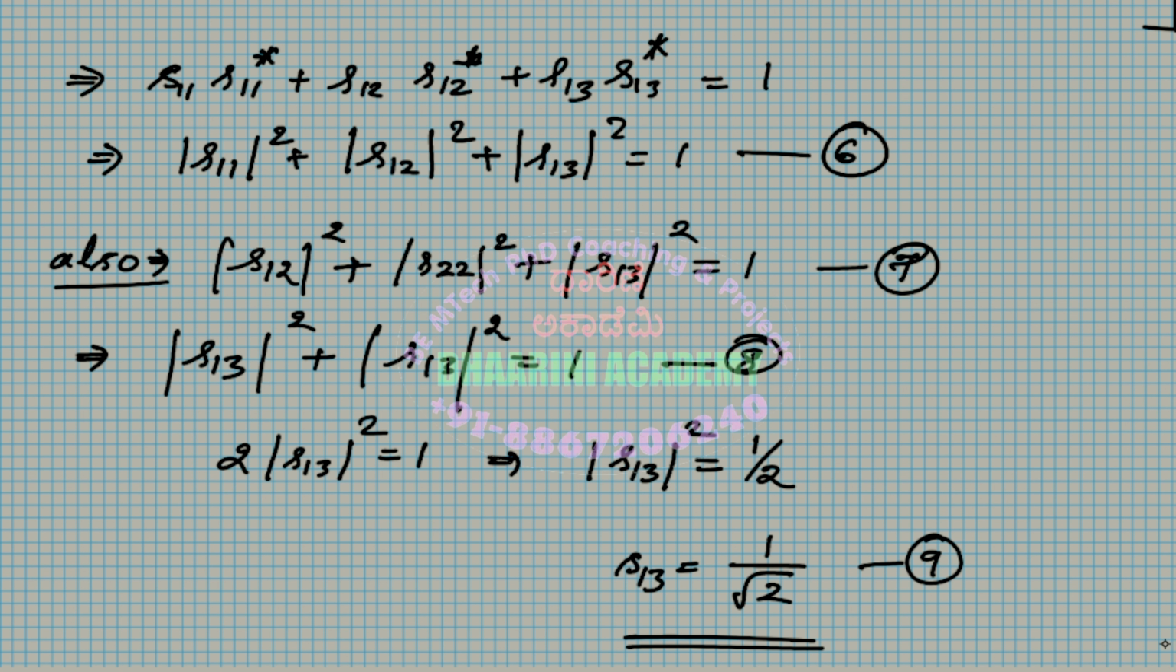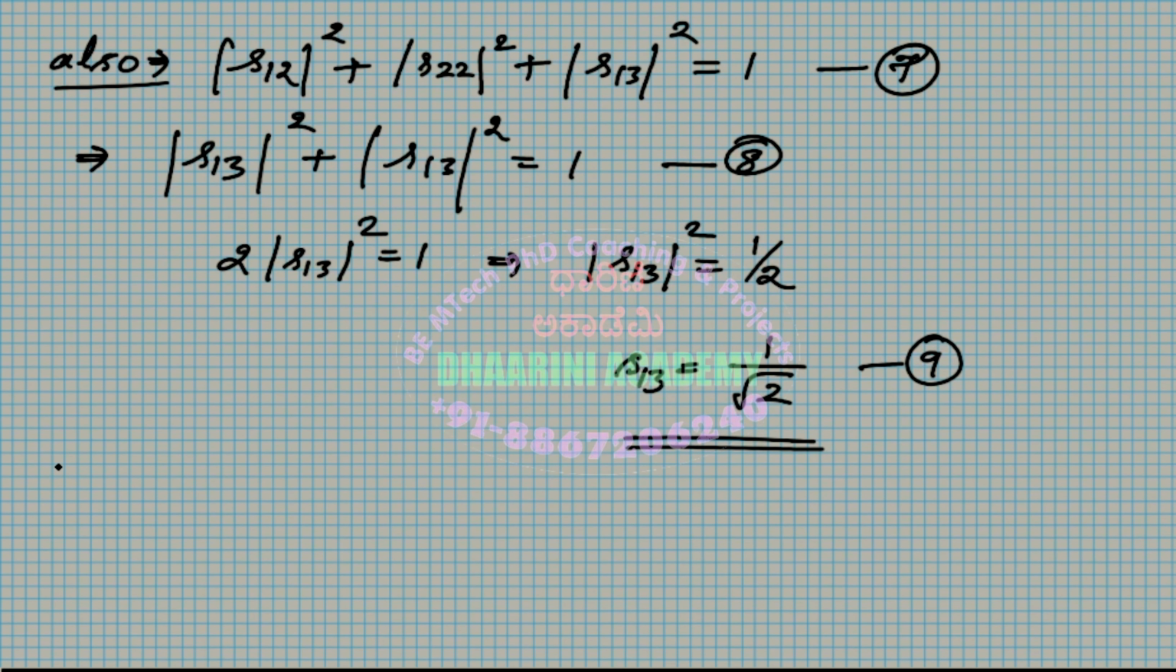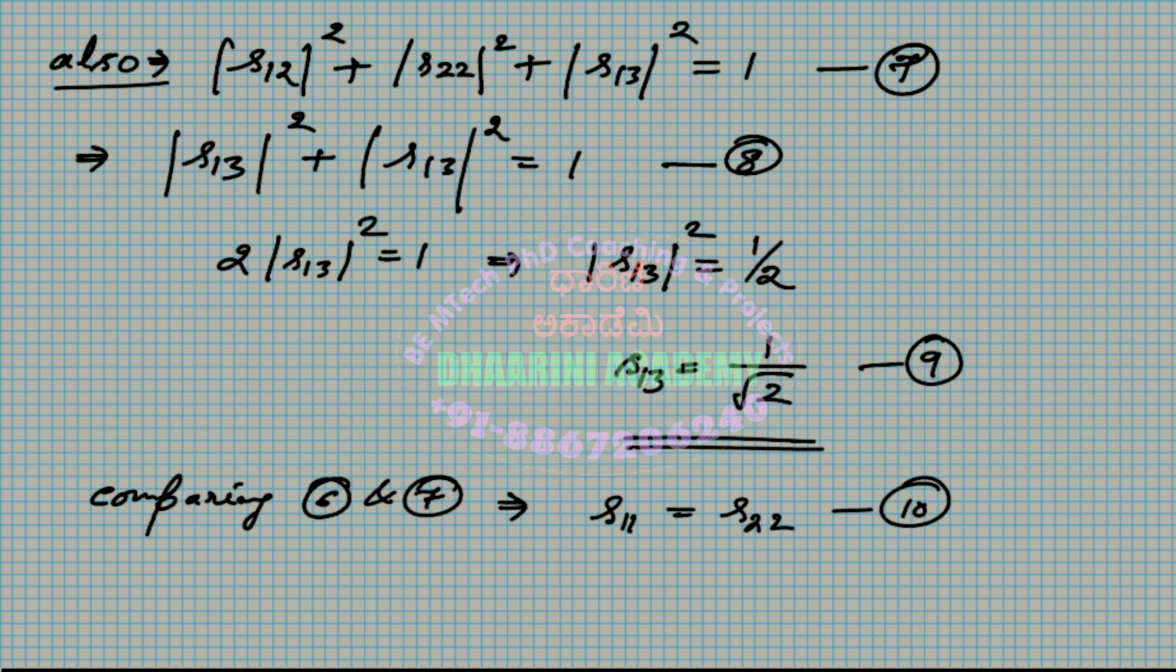So because of that, now I can say, so we are comparing 6 and 7. All right. So just to write this, okay, let me write in this way. Comparing equation 6 and 7, I'll directly write the answer. We get S11 being equal to S22. So let me call this equation number 10. Right? So I'll go back to maybe,